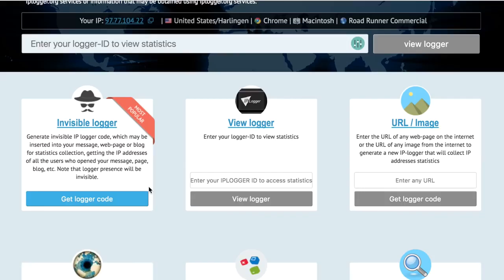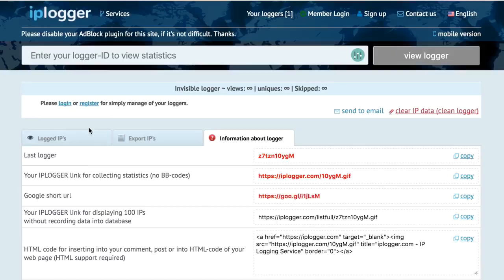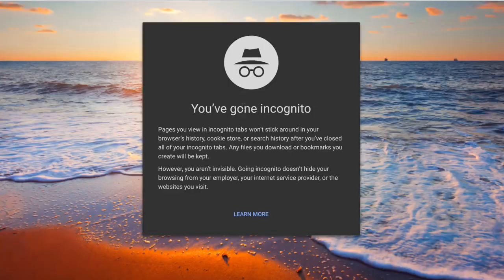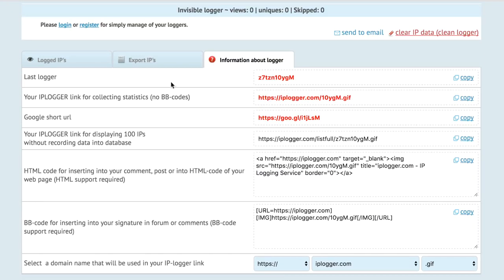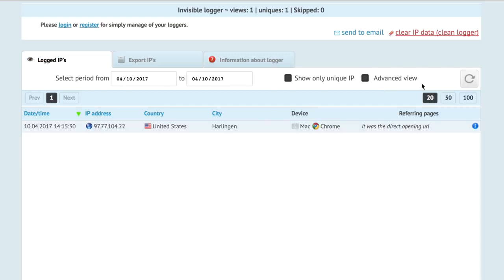To use this first one, iplogger.org, all you have to do is click get logger code, and it'll give you some URLs that if we copy and paste into the browser, will redirect us to this tiny image right here. So you can actually just take this image and place it in an email or a Facebook message. But every time it's viewed, we can go over here to logged IPs and click the refresh button. And as you can see, my IP has been logged right here, and it gives you the time and the